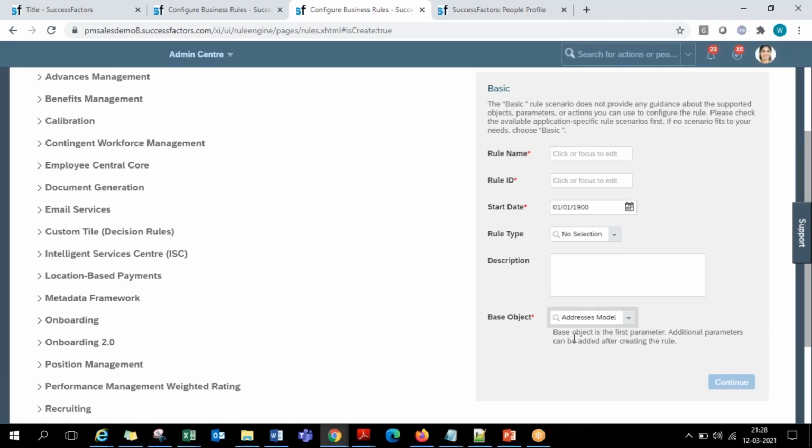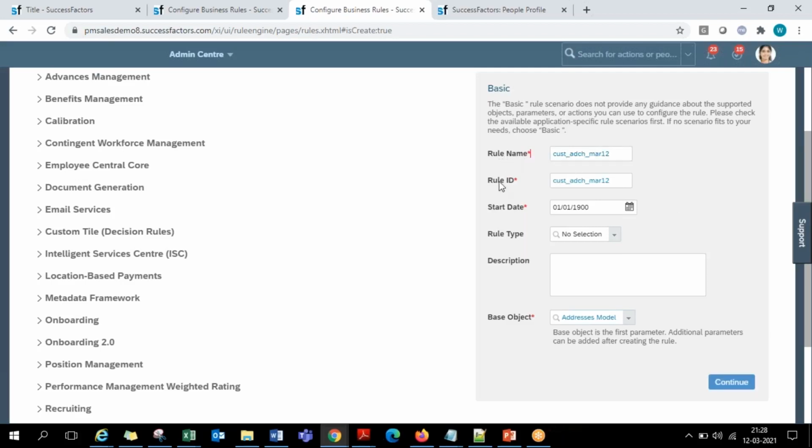If it finds anything different, it will trigger the workflow. If everything is fine, no workflow triggers. That is the way. So here you have the base object as address model, and then you can give some name to your rule, say, custom address change March 12th.